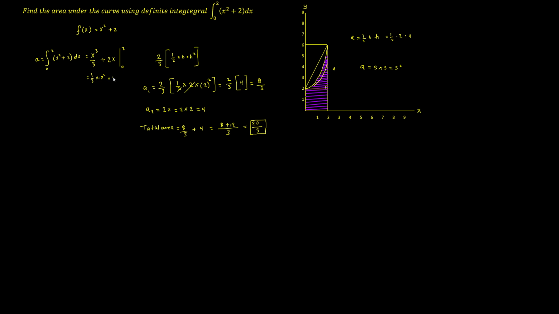Plus 2x from 0 to 2 equals 1/3 times x cubed. We have x here too, right? We take this number first, and then we take this one. That's the rule. Okay, we say 2 cubed